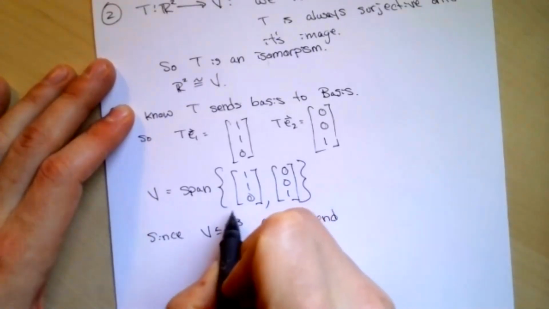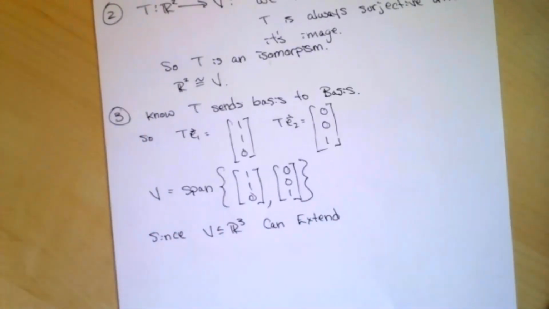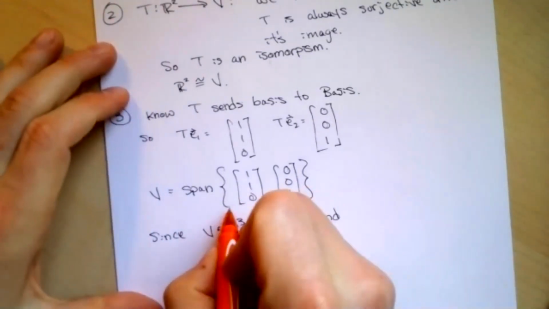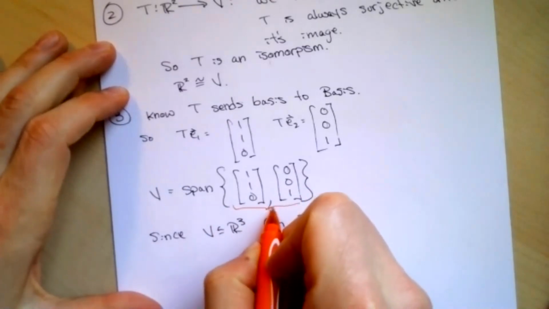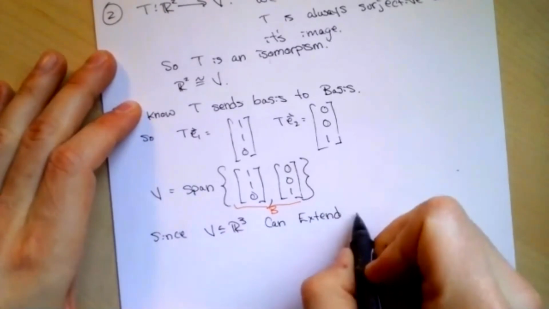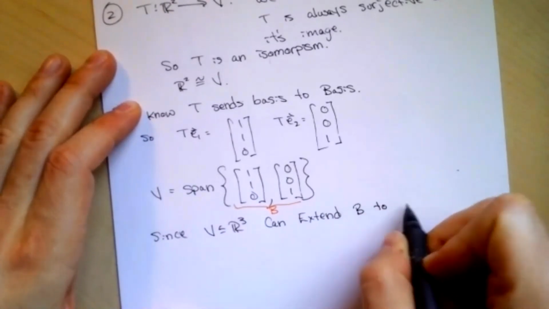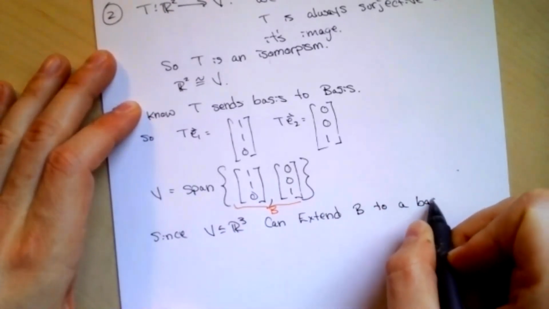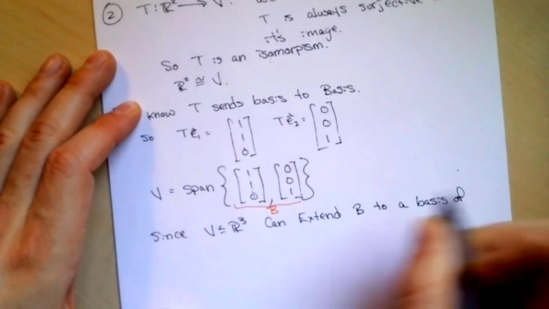Let's just call this set of two vectors our B for the basis. We can extend B to a basis of R3,